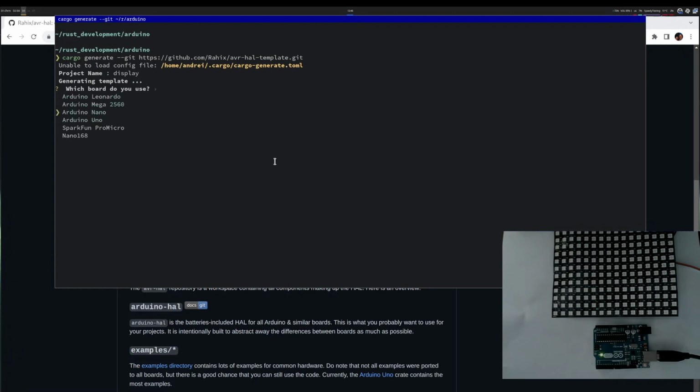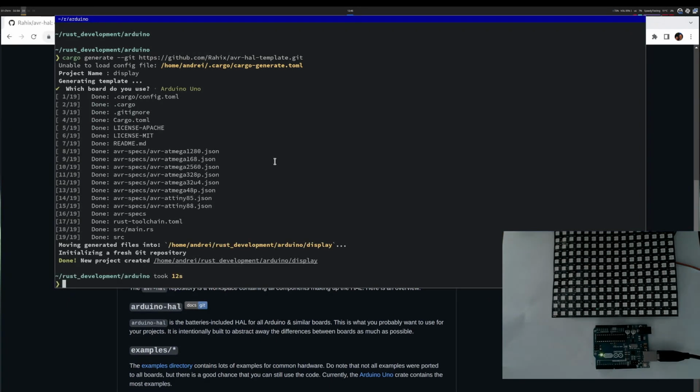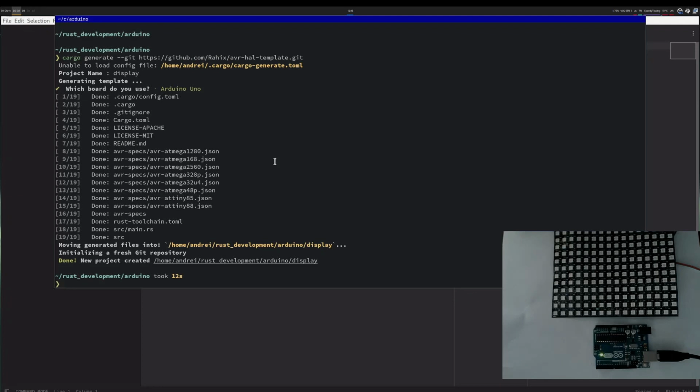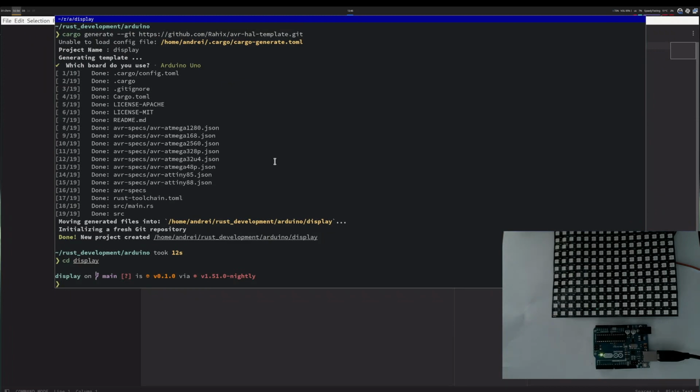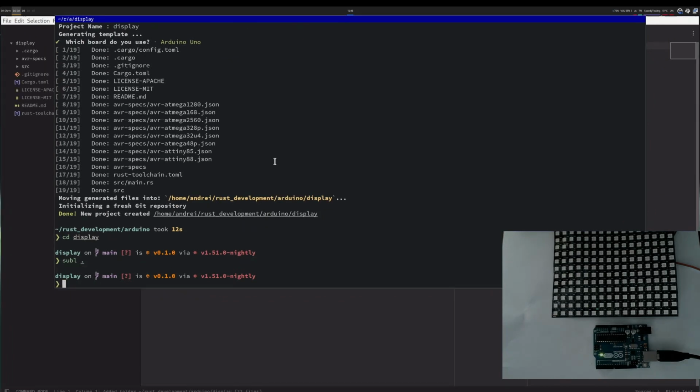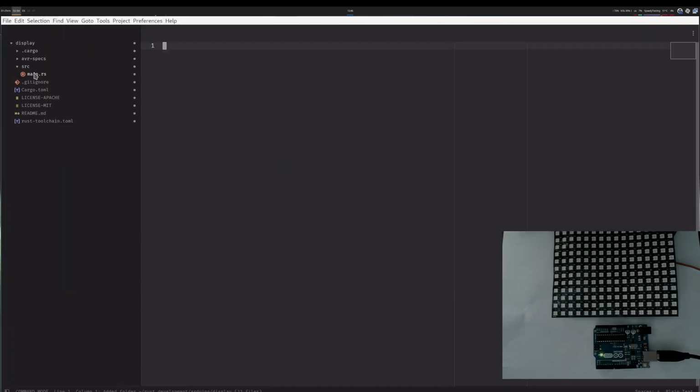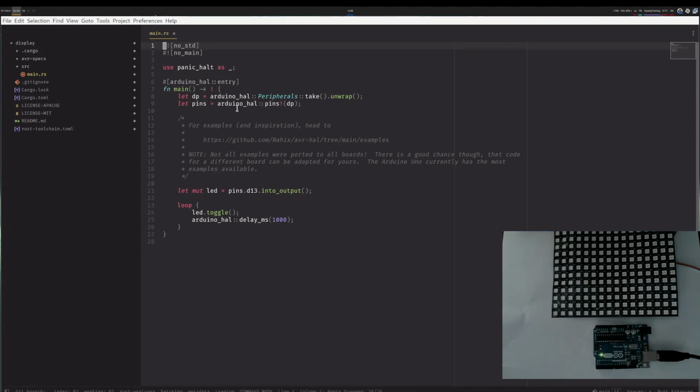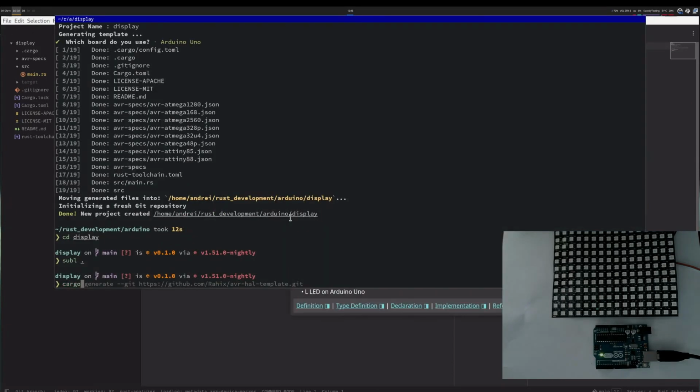You can see you can select what chip you have, what board you have. So I have an Arduino Uno right now, and it's created. So I can cd into display. And let's see what got generated. What got generated is just a simple Blinky. So it blinks every 1 second. And realistically, if I do cargo run,